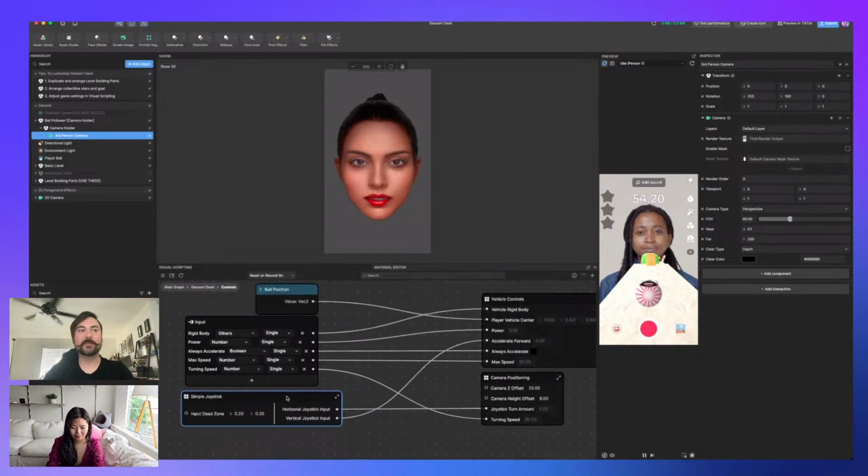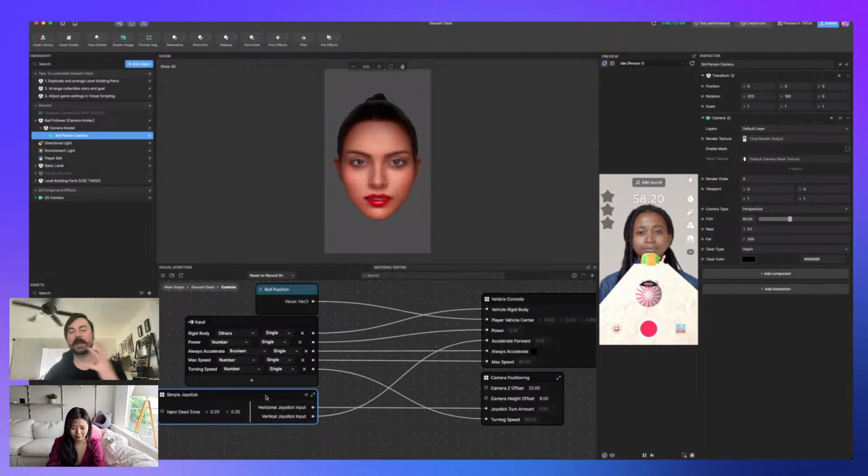This simplified joystick is basically how we're getting the input, where you're touching on screen. So if you wanted to have a game where you're rolling a ball based on something else, maybe you could have like touch or hand recognition as the input that you would replace here.